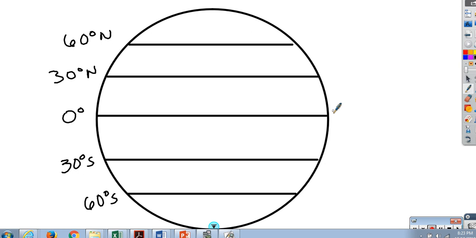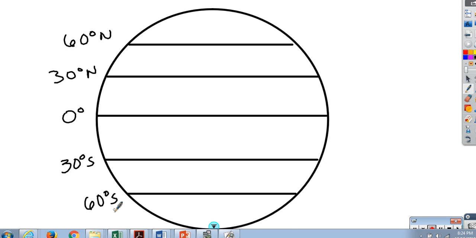But now if we add in a complication to make the model more realistic, we add in the rotation of the Earth. And the rotation then brings about the Coriolis effect, which brings in deflections. It brings in the fact that the air will begin to sink and rise at different latitudes. So the important latitudes to remember: we have the equator, 30 degrees north and south, and then 60 degrees north